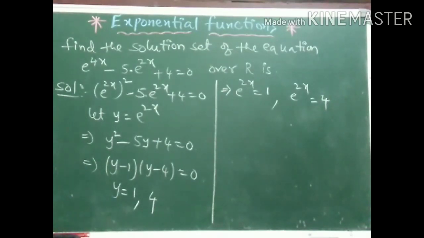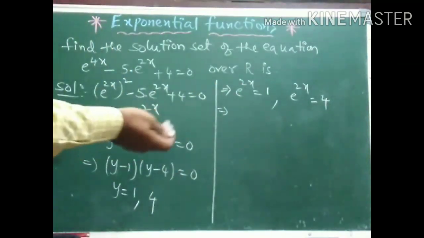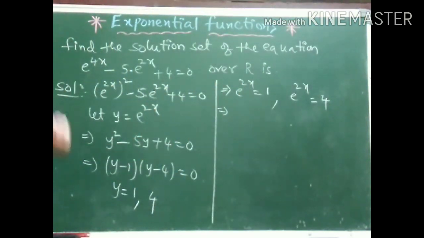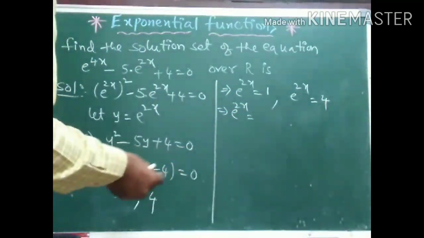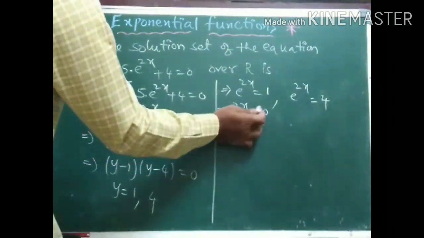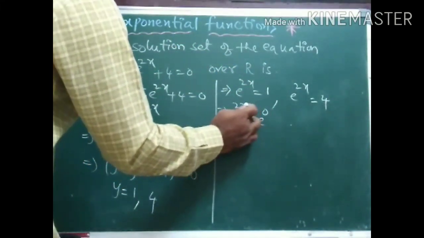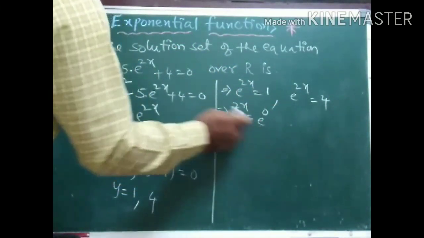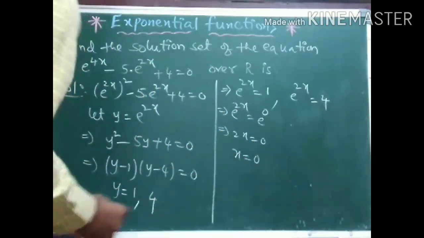So first one especially, how to solve this one. See, e power something x is also an exponential form, which are in the form of a power x and e power x something to the power of x. All these come under exponential functions. Now how can we find the x value here? Now 1, can I write it as e power 0? So e power 0 is also 1, as a power 0 is 1. Now when the bases are equal, even the powers we can equate, just like the first property. So from this 2x is equal to 0, hence we got x is equal to 0,